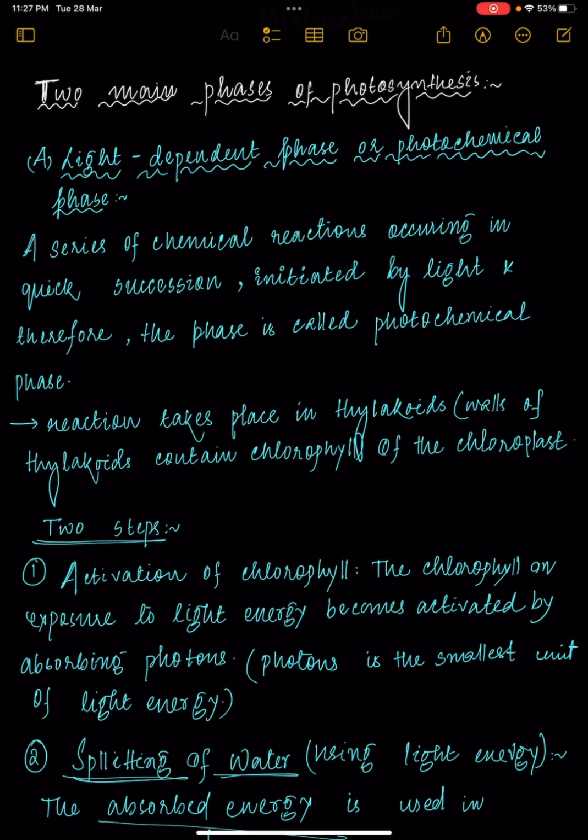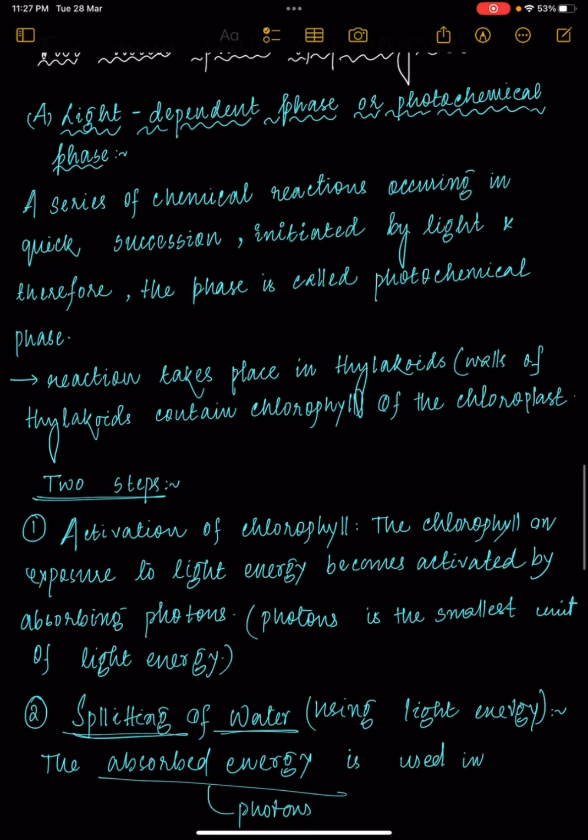Actually, in this phase, a series of chemical reactions is occurring in quick succession. It means it is occurring very readily, and this is initiated by the light energy called photons, the smallest unit of light energy. So a series of chemical reactions occurring in quick succession, initiated by the light, is why the phase is called the photochemical phase. And this photochemical phase takes place in the thylakoids, and the walls of the thylakoids have the